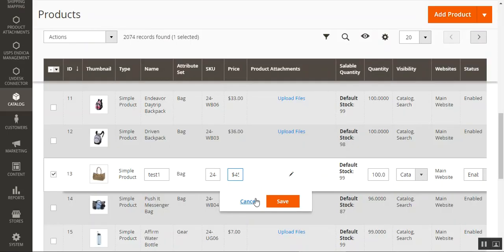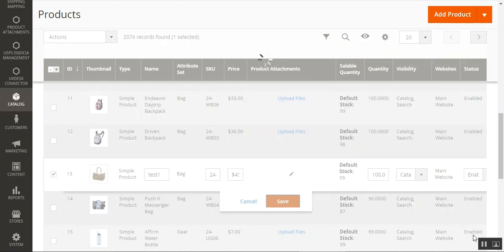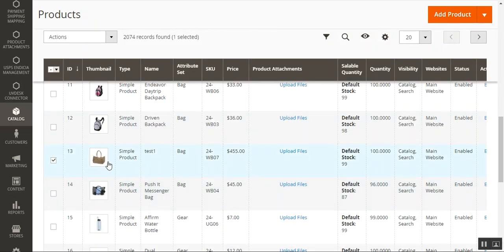So I'll just make a quick edit to this particular product, and we can change the stock as well, the visibility, and the other options as well. Now thereafter the admin just needs to tap here on the save button. So here you can see that the product has been edited and the name is changed to test one, and